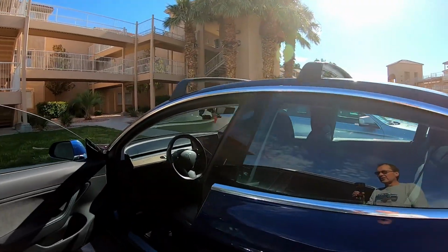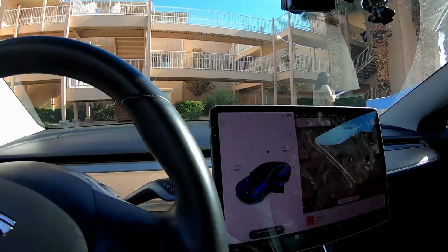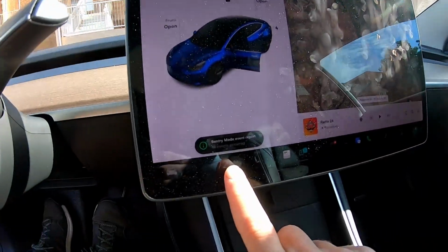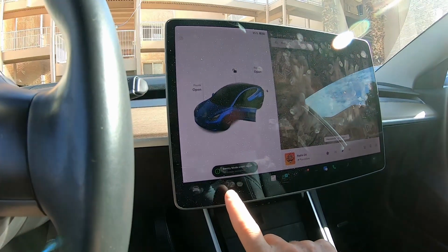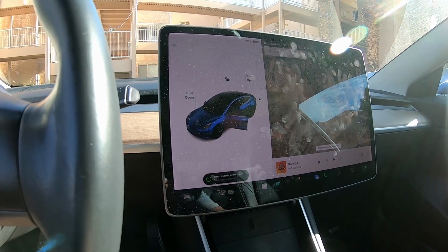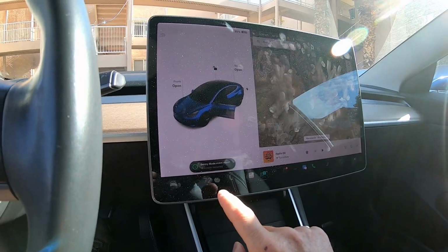Somewhere here in St. George there is a supercharger. And oh, it's blasting in here. Wow, 16 events here recorded, sentry mode. I guess I gotta walk around the car real quick and look if there is any damage. If not, we can just delete those. But anyway,